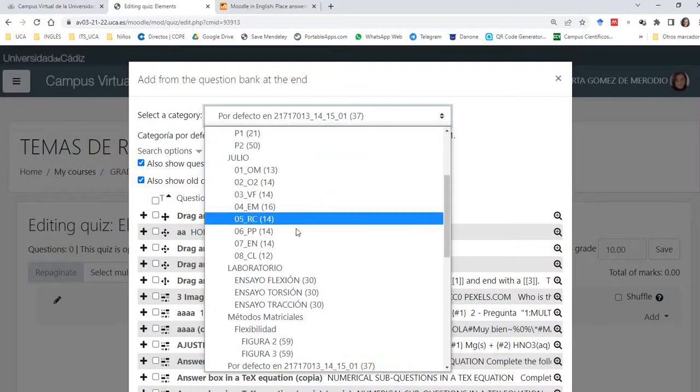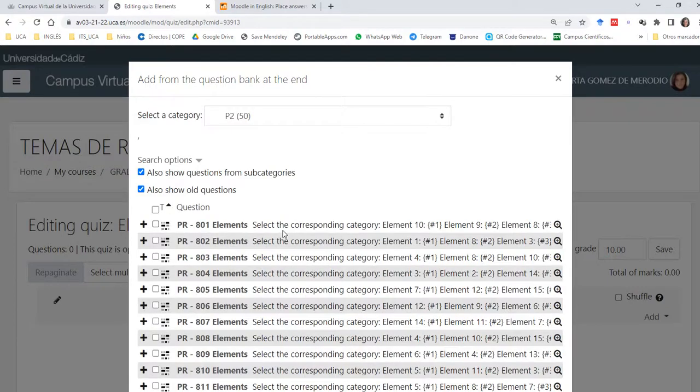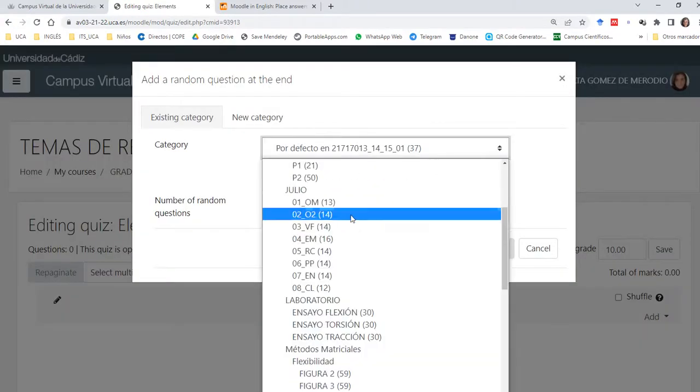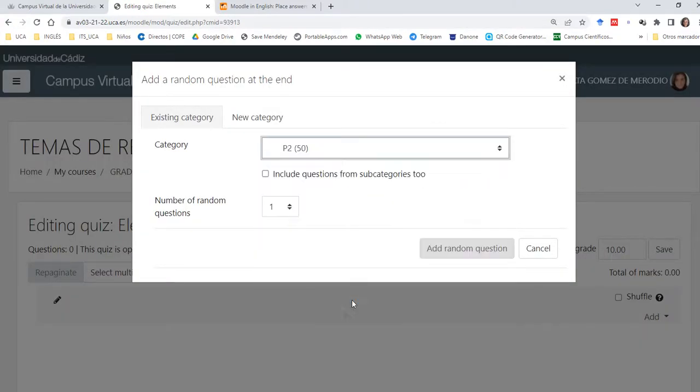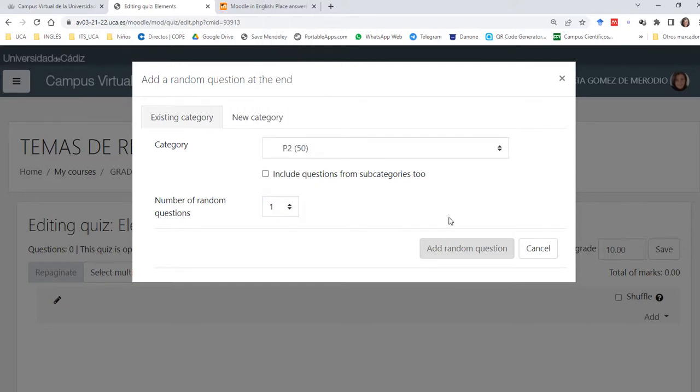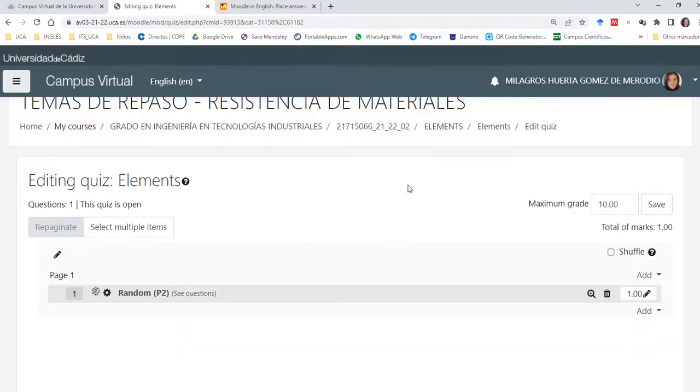I select this question and only add a random question for this subcategory, only one. I put, if I need, I put 2, 3, I want to include question are as random, and I go to elements,